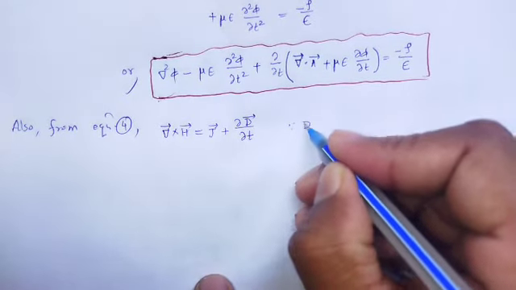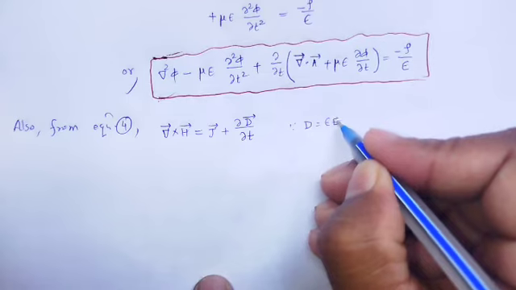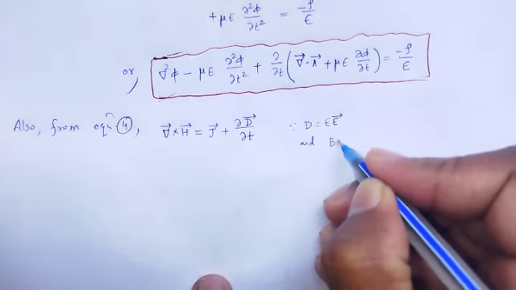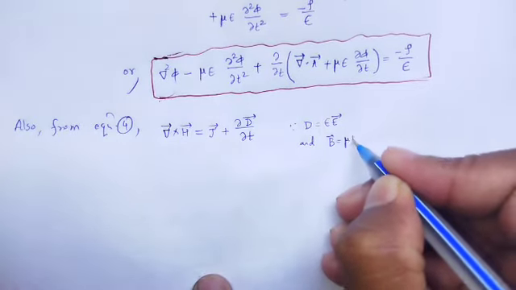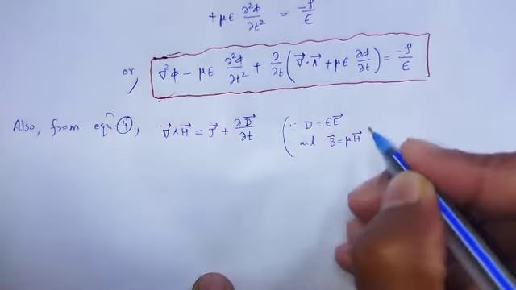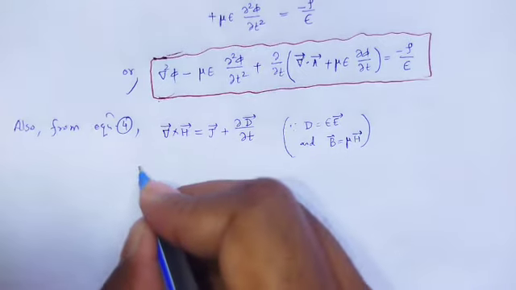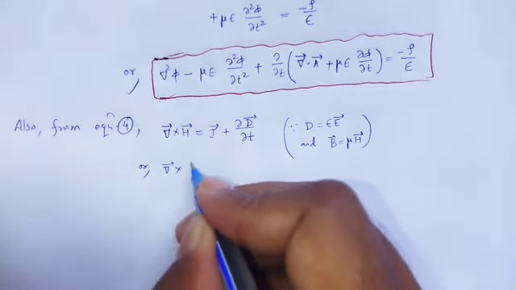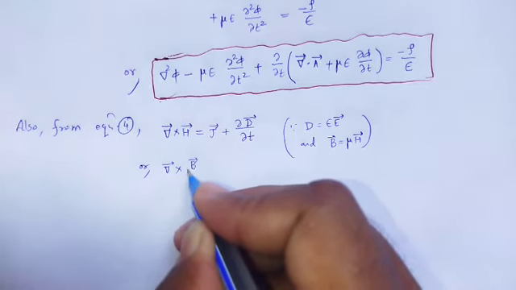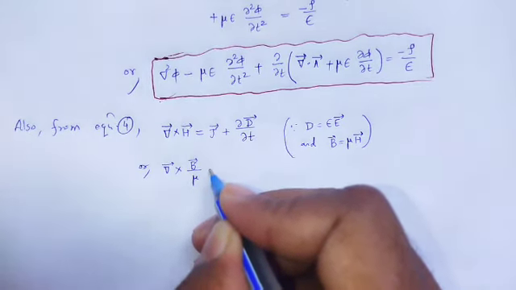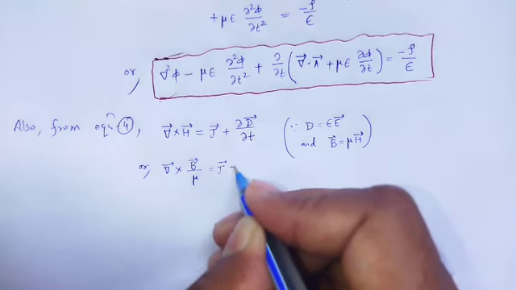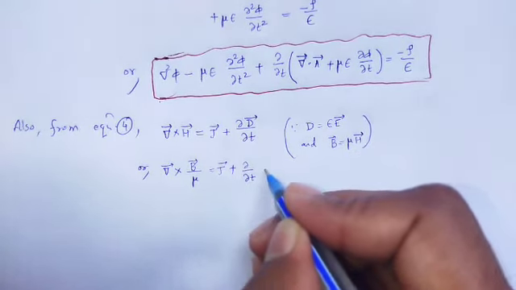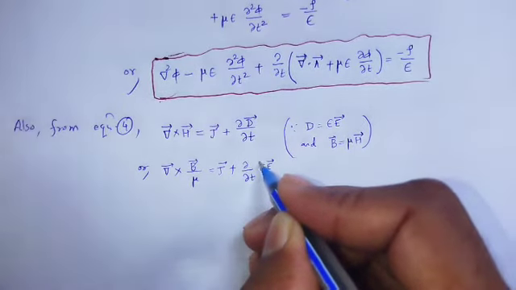Here we can use in place of D epsilon E, and in place of B, mu into H. So that equation can be changed as grad cross, in place of H, B by mu is equal to J plus del by del t in place of D, epsilon into E,